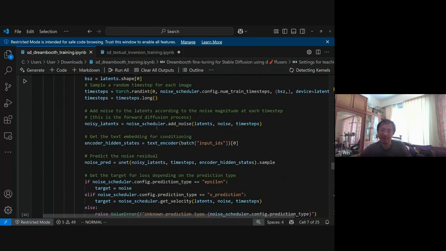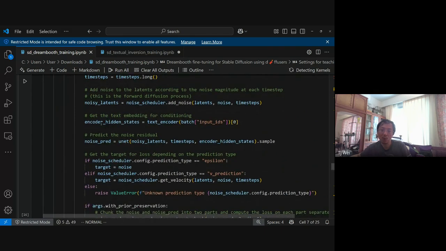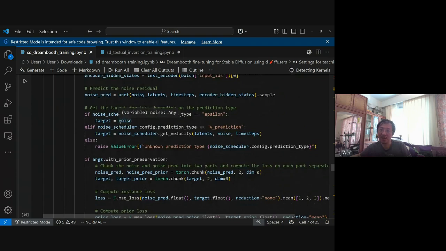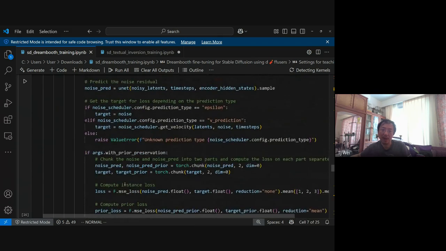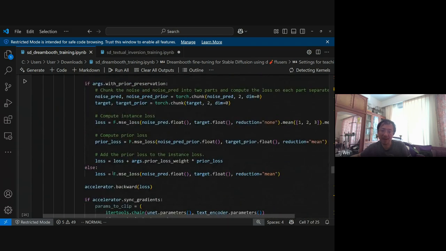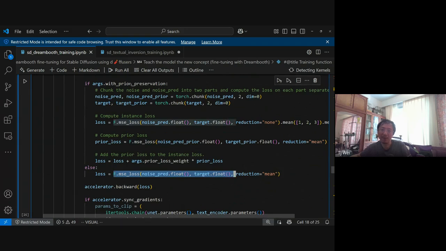This is noise latent. We got the encoder here that's the condition, and we feed everything into the unit and get the prediction. As we can see, we have an epsilon case, so our target is noise. So we compare the unit like here. But if you want to preserve, like this prior preservation, you do a little more